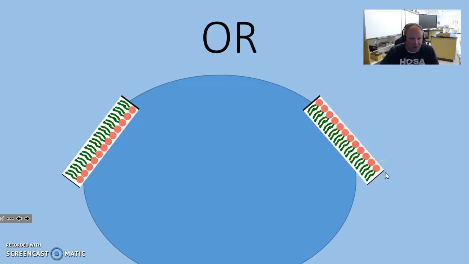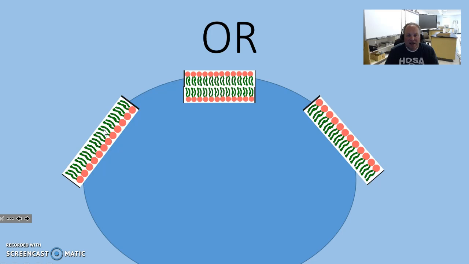Now, if you've had class before, or if you remember from sophomore year, neither one of these work, because you have your fatty acid tails by water in both cases. So neither of these are correct. I'm a jerk face like that. I tricked you, okay? Instead, they form a membrane like this, where now the water on the outside is always